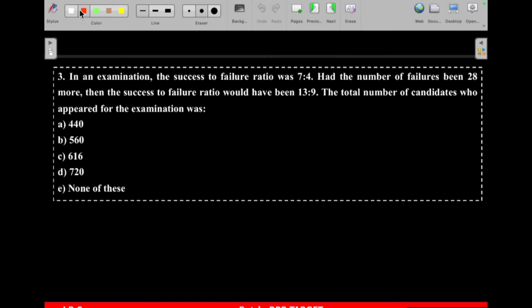Same question. Tell me, very important: in an examination, success to failure, meaning selected to unselected, ratio is 7:4. Had the number of failures been 28 more, then the success to failure ratio would have been 13:9. The total number of candidates who appeared for the exam was